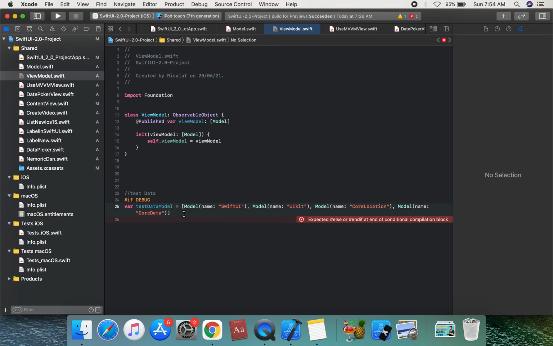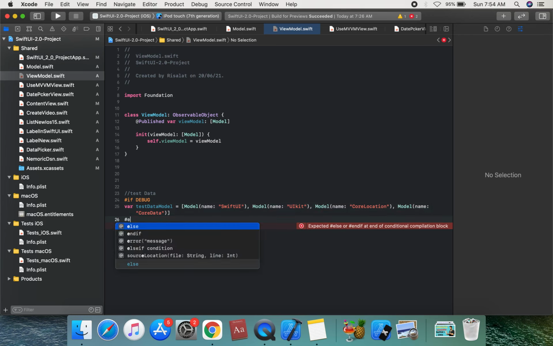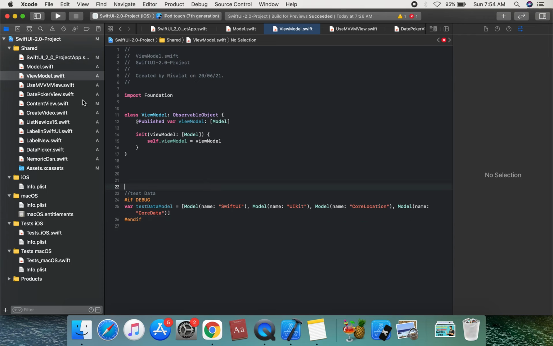We complete this, use the #if condition, and assign this test data to the view. So this is the model and the view.